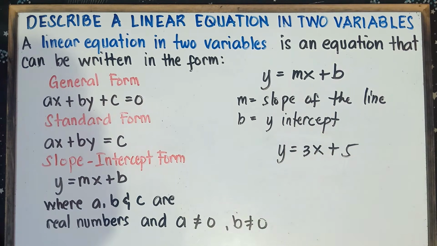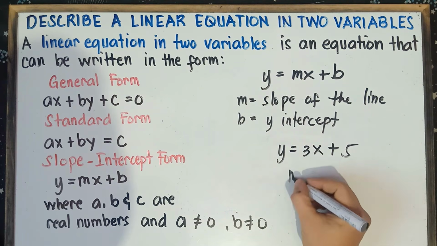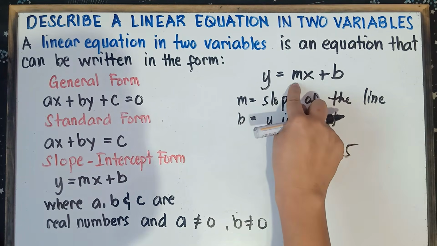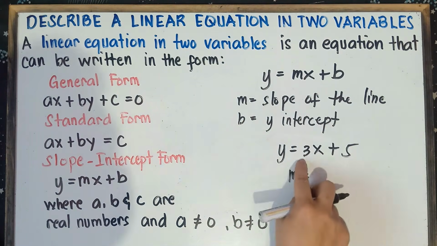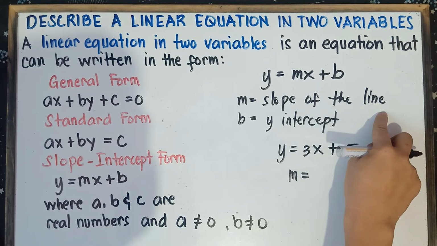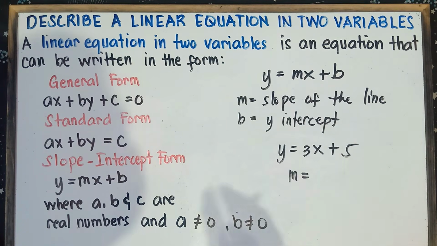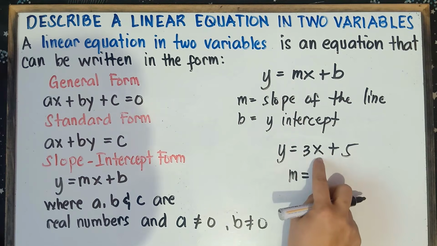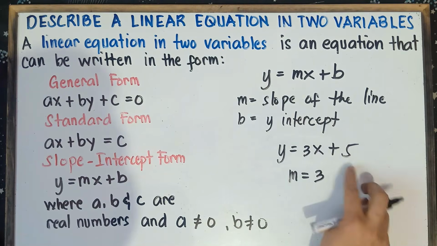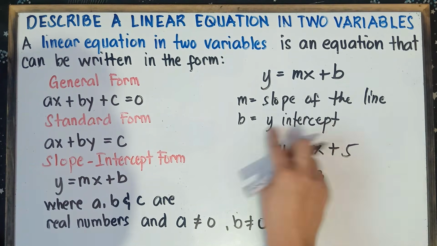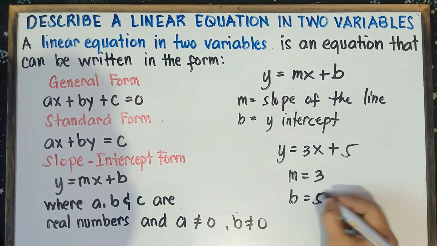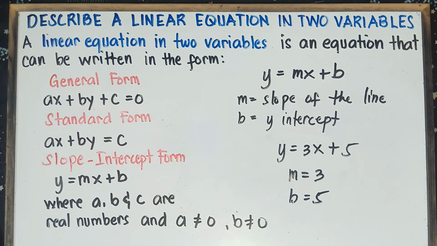Now, question, class, what is the slope? That's correct. The slope, m, is beside x. Therefore, the slope is 3. Check this one out, class. m is the slope of the line, so m is beside x. Therefore, the value of the slope is beside x. That would be 3. So, the slope is 3. And then the y-intercept, the last number, b is the y-intercept. Therefore, the y-intercept, or the value of b, would be positive 5. That's it, class. Easy as that.